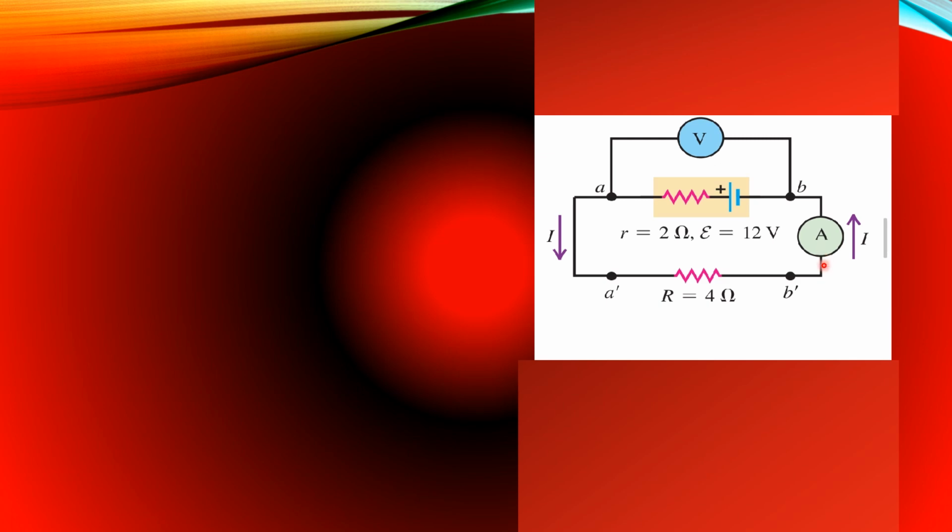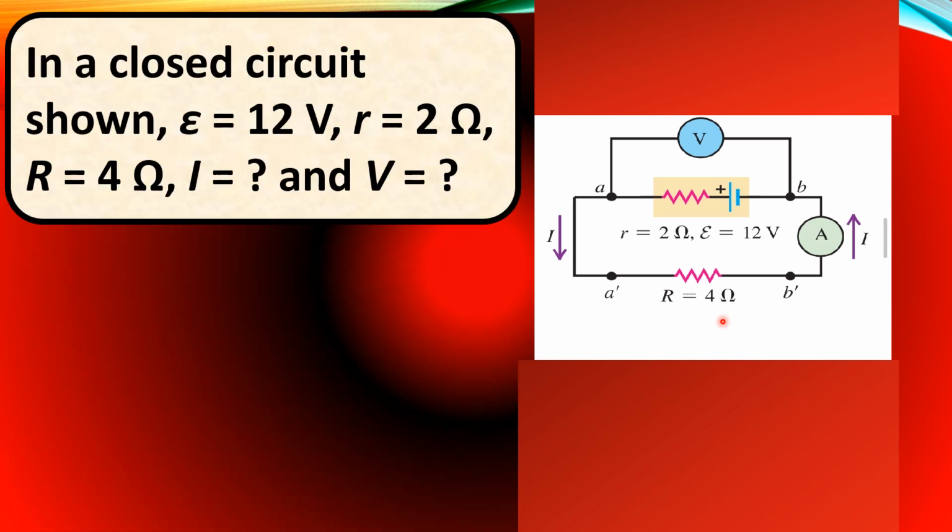The ammeter is so designed to have almost a zero resistance. So whatever passes through the ammeter is exactly the same current that passes through any point in the circuit. The same current measured by the ammeter is the current that passes through the big R, or through the battery. And this current can be calculated using the formula